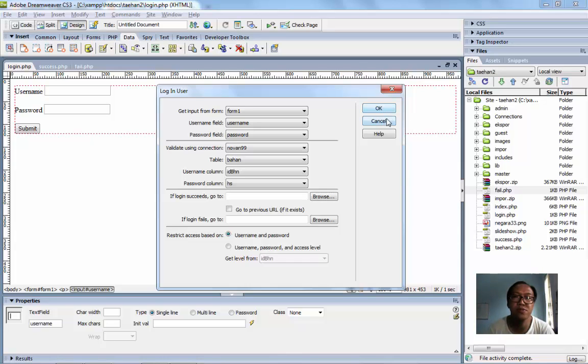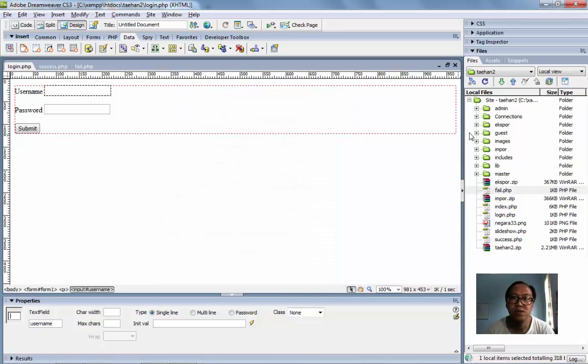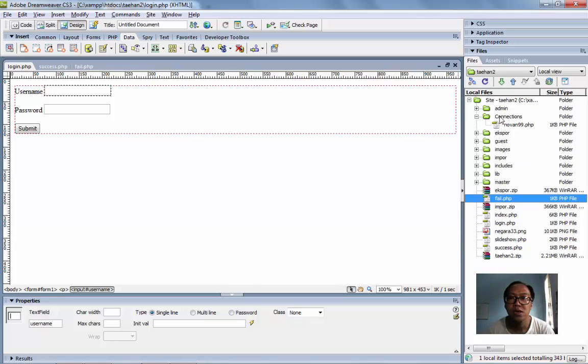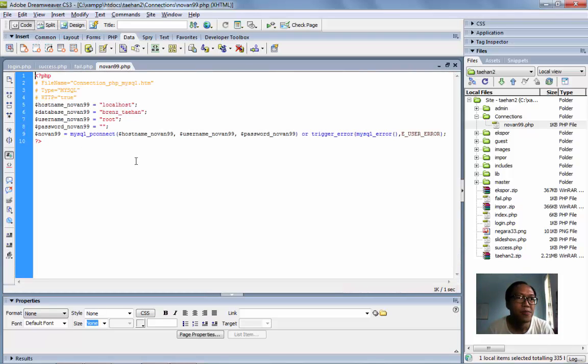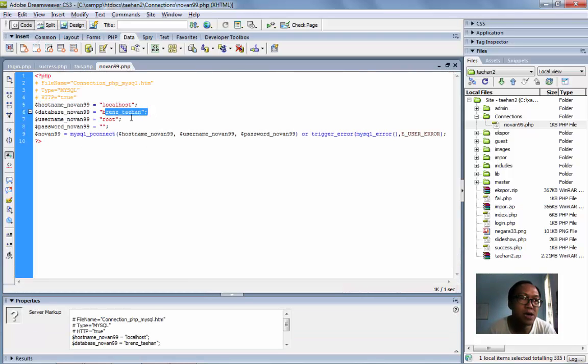The connection will be created automatically in this folder named Novan PHP, where the database is Taihan, the username is first, and the password is none, for the table that we use for the login.